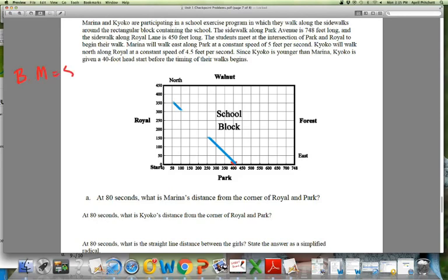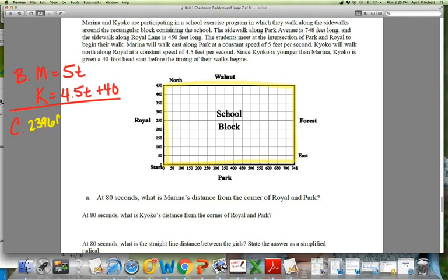And then the next part, B part, says to write the equations for each girl. So Marina is walking at 5 feet per second. So it's going to be 5 times t, 5 times the number of seconds that she walks. Kyoko is 4.5 times the number of seconds that she walked plus 40 because she was given that 40-foot head start. All right, for C,